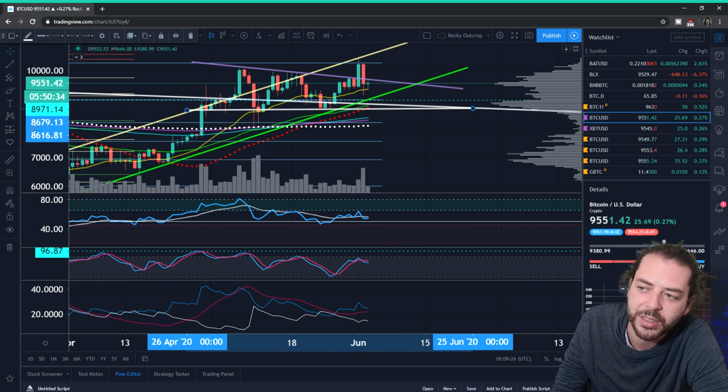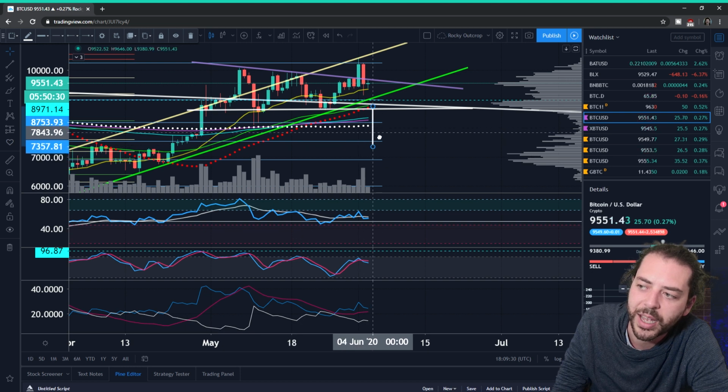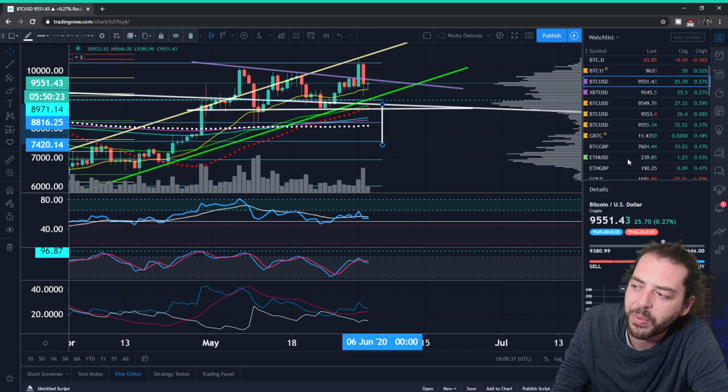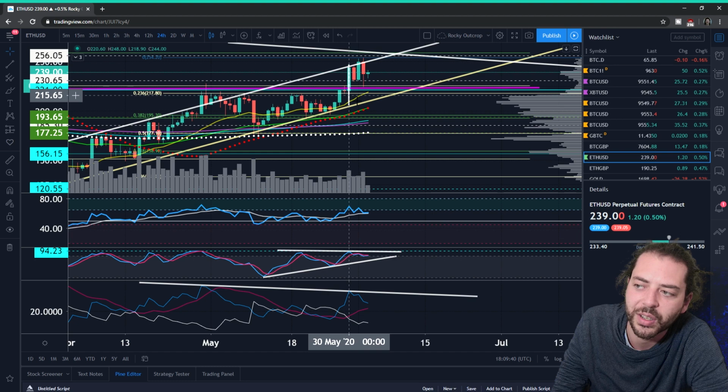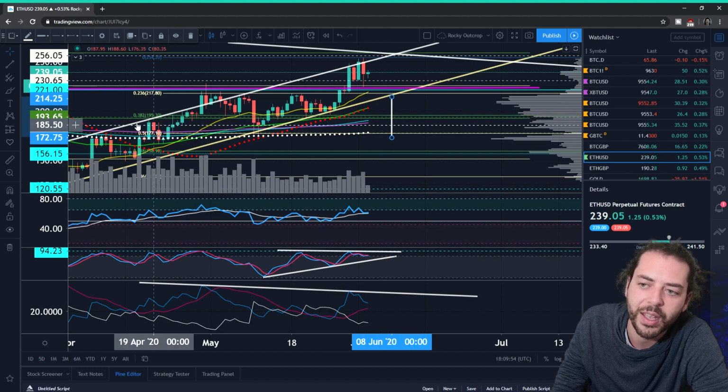But should we break below this from the point of view of a descending triangle, for instance, that gives you a smaller measured move naturally, but you're still looking down towards the lower 7,200, 7,100 area. Should that break down the way, then if these things operate together, you could be saying, well, hey, have we got something on the go that could take us down to any of these targets down below? And we certainly do. The first area to look to would be 195, 185, then 175 and 166 thereafter. Those are the targets,